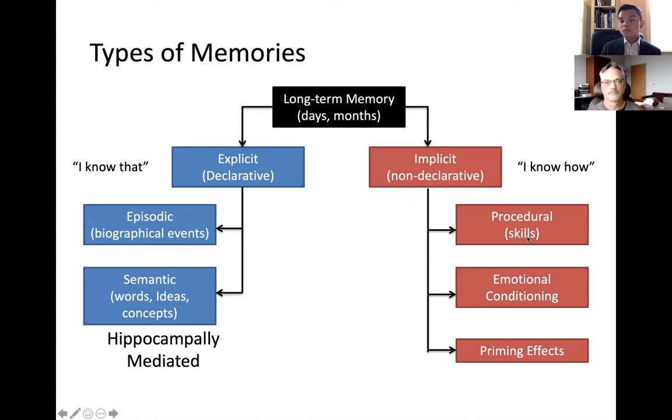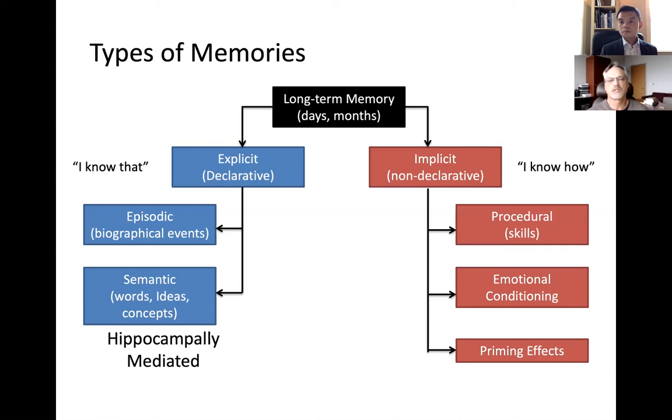So whether it's procedural skills like riding a bike or ice skating, or some sort of emotional or priming effects. I'm a 49ers fan, whenever you see Patrick Mahomes, you're a little bit sad because he beat your team in the fourth quarter, whatever that might be. So generally, I was always taught to think of the explicit memory as a hippocampally mediated system. I think that most medical students are very heavily dependent on their explicit memory system, and they're going to answer questions correctly. They're going to use that declarative semantic information in particular.